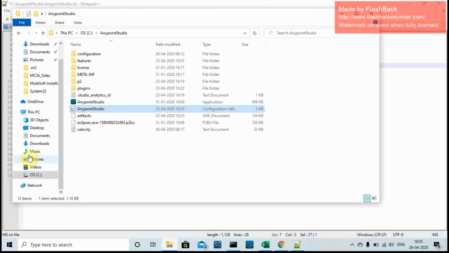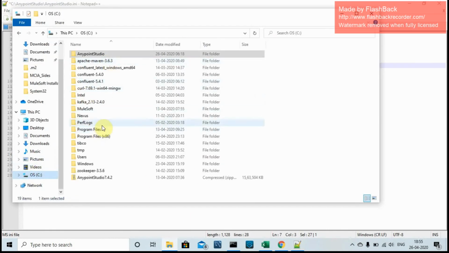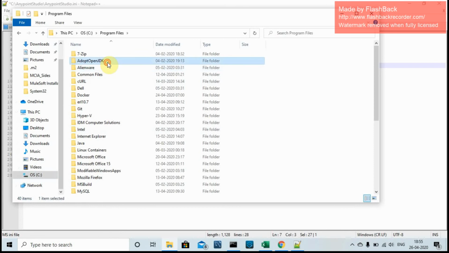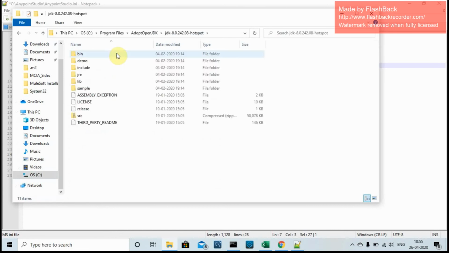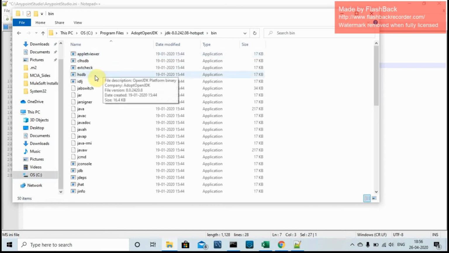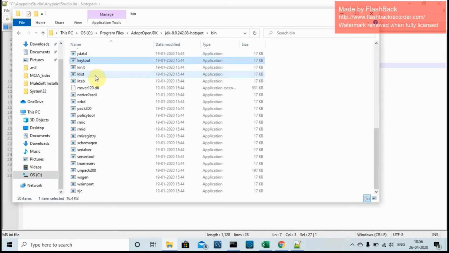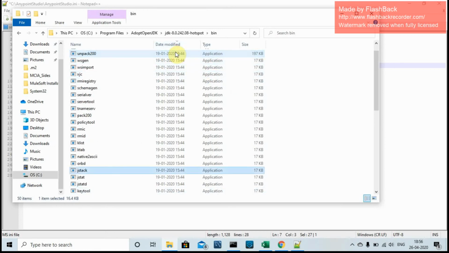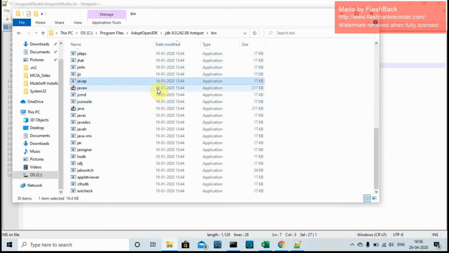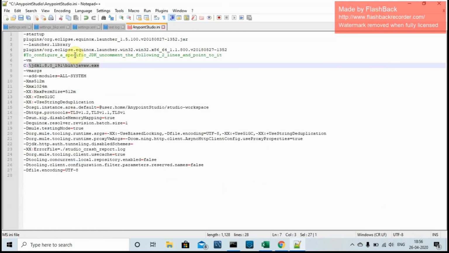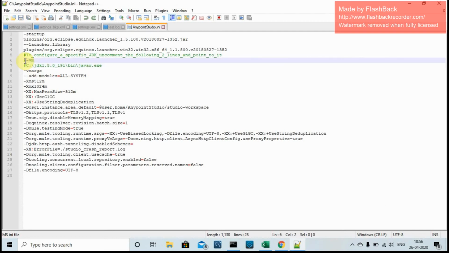In my case, it will be somewhere around Program Files, OpenJDK, hotspot, bin, then I will look for, sorry guys, javaw.exe. Up to this path I need to supply onto this particular file. For now I will keep it as it is.